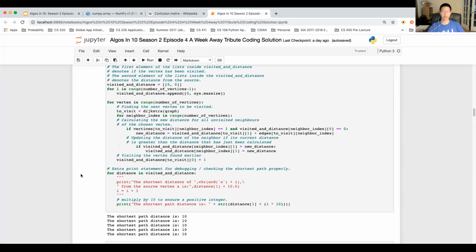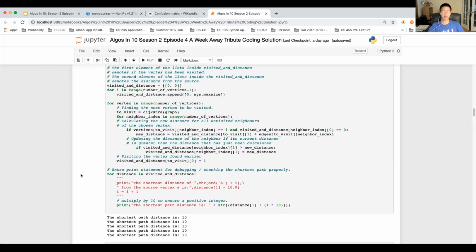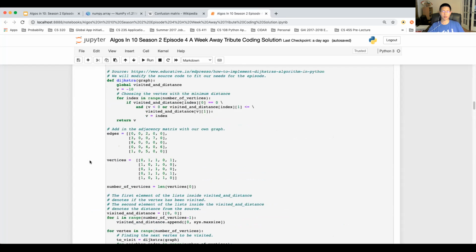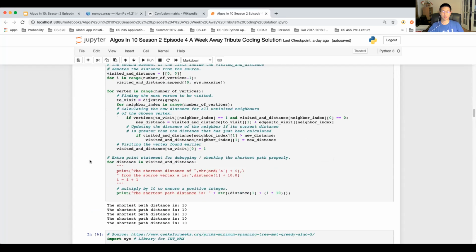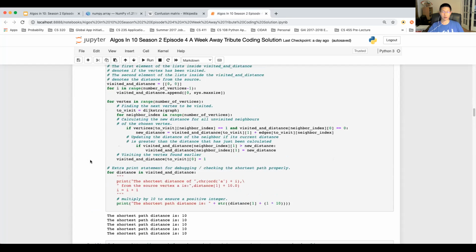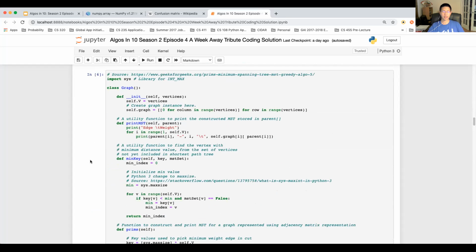This is where it's important. So I basically did this print statement for extra debugging. And as you can see, we calculated from before, the distance of Dijkstra is 10. So this means that the shortest path distance will be 10 as well. Next up, we have